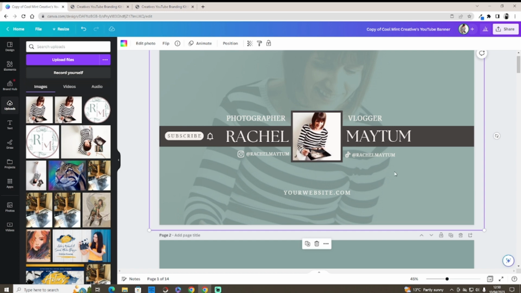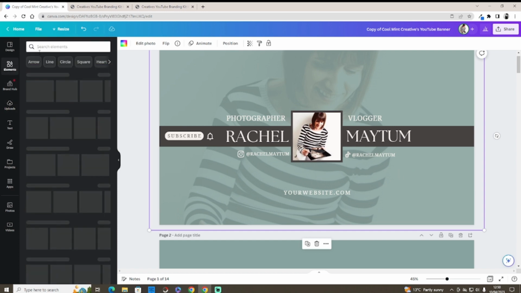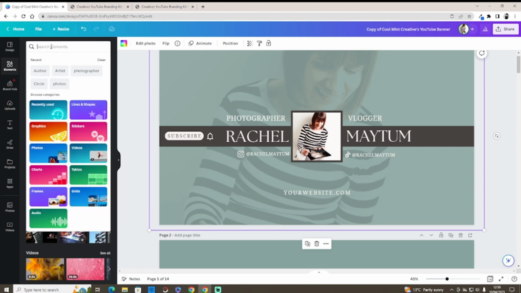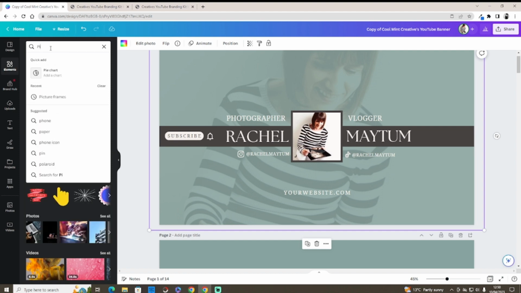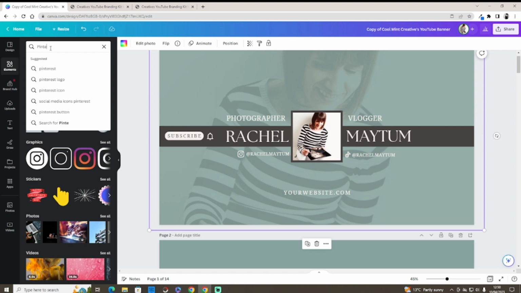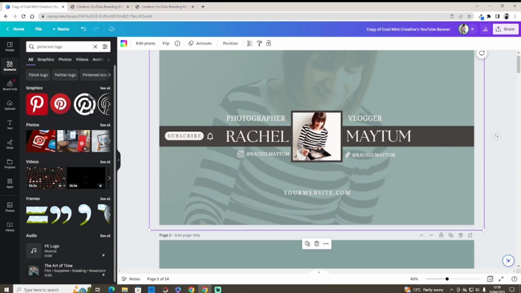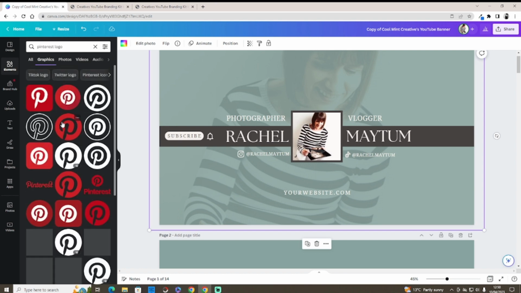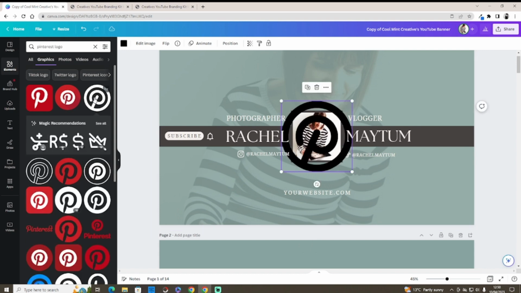Now if it doesn't have this social icon that you would like, you can go to elements. I'm trying to think what other one is there. I think they're all the ones there, aren't they? But you may want to put Pinterest, for all I know, icon. So this one's free, so you can use that one. Basically click,